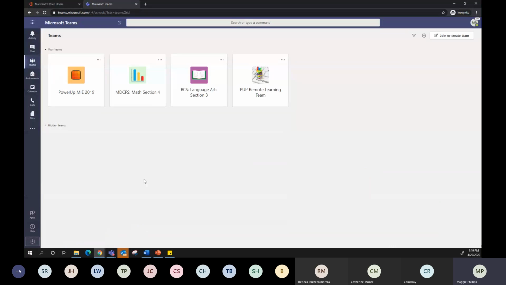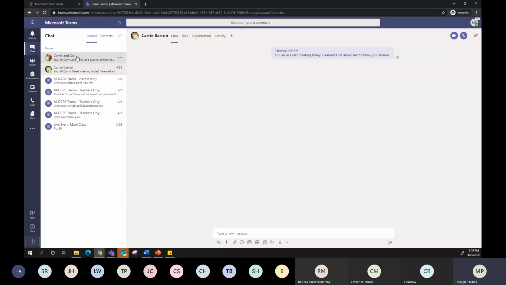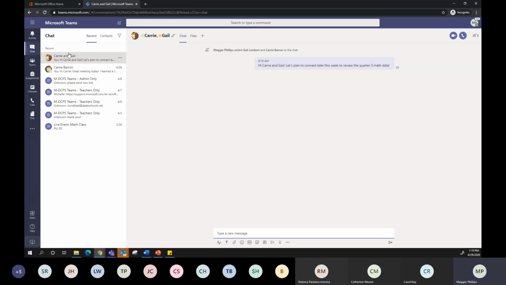So on your screen, you're just seeing a demo team. And I wanted to just show you very quickly from that chat option, again, from the space of private communication, when you have a chat going on with either two people, one person, maybe an entire group, from within that chat, all you have to do is hit on the video call button or the audio button. And again, it will immediately call anyone that's involved in that chat. And that call then becomes a virtual meeting as you have access to the full suite of Teams virtual meeting